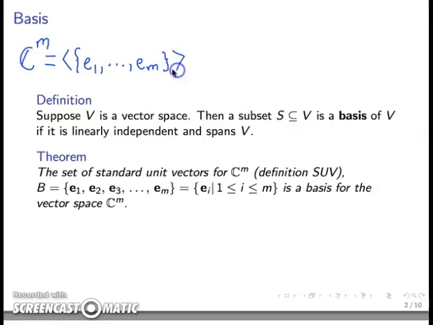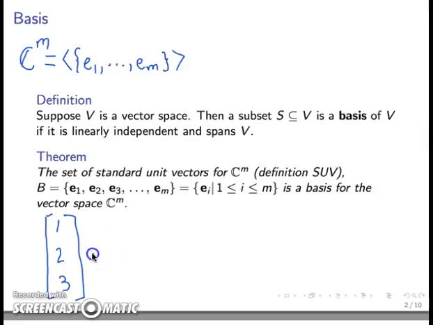We're saying that the span of that set is exactly equal to Cm. That spanning property means that if you take an element of Cm, suppose that m is 3 here, and so consider this element of